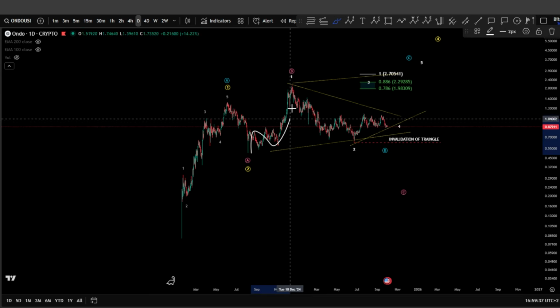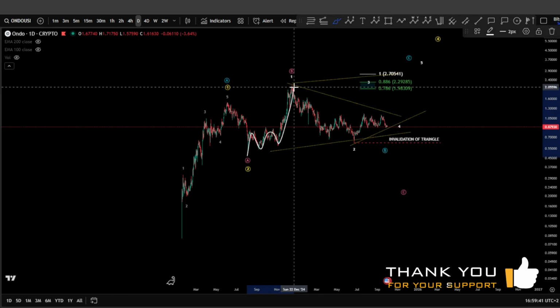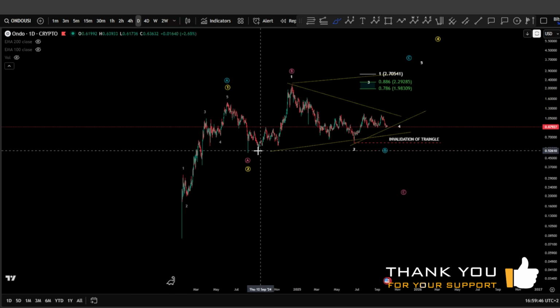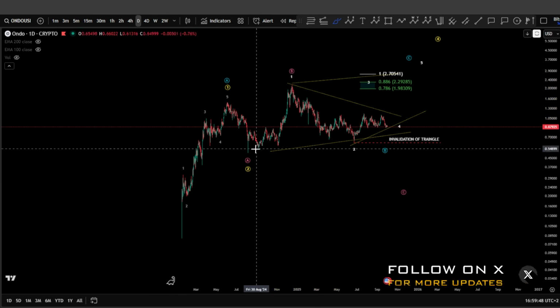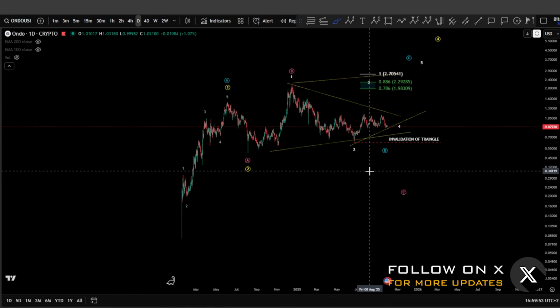Now, what we saw after it is simply a zigzag. It can be an A, wave B, wave C, finished as a zigzag. The only possible scenario to move for higher is, of course, a diagonal, an ending diagonal in zigzags, wave 1, wave 2, 3, 4, and a 5 toward the upside.